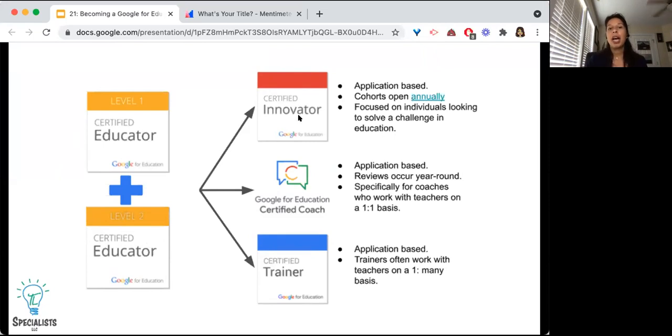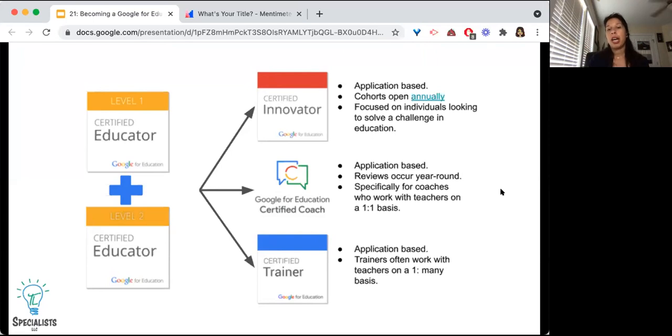So the Innovator program, the Certified Coach program, and the Trainer program are all application-based. The Innovator program is something where cohorts are opened annually, and it's focused on individuals looking to solve a challenge in education. So it's focused on like an individual person looking to have an impact, not like the coach program.